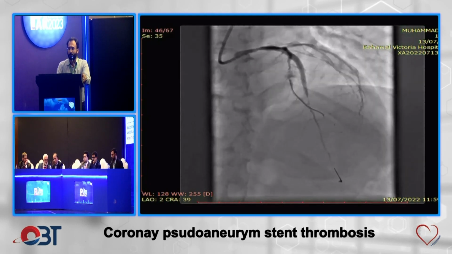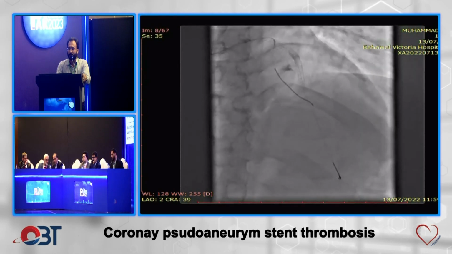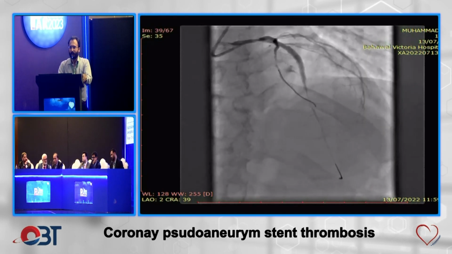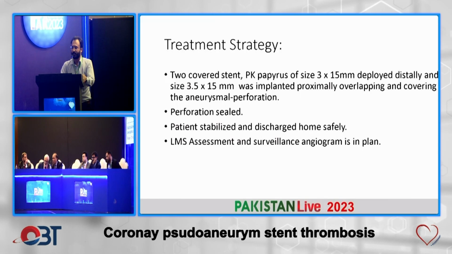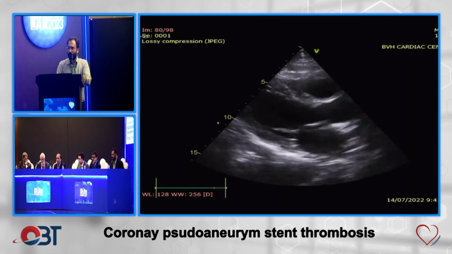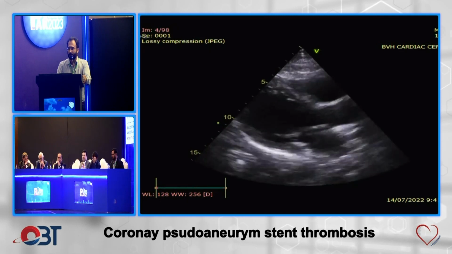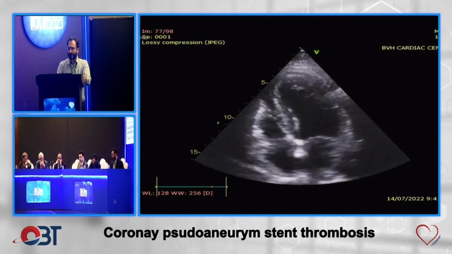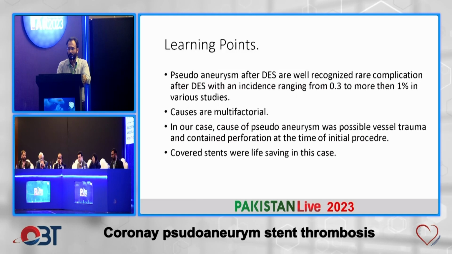This was the final view after the deployment of the covered stents, that the pseudoaneurysm as well as the perforation was sealed. And patient was stable and discharged home safely. Left main stem assessment and surveillance angiogram is in plan. This was the echocardiogram which showed that there was no hemopericardium. So the learning points were pseudoaneurysm after drug-eluting stents are well-recognized rare complications after PCI, and the incidence ranges from 0.3